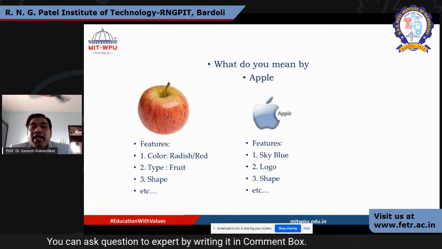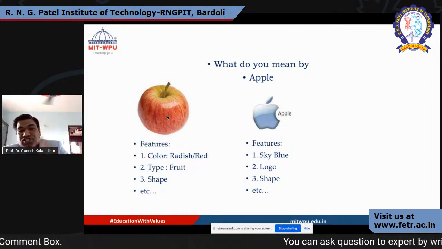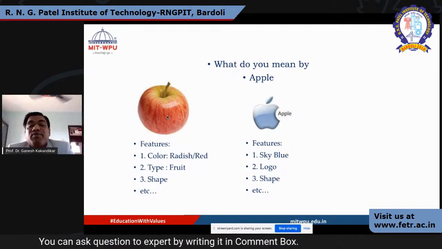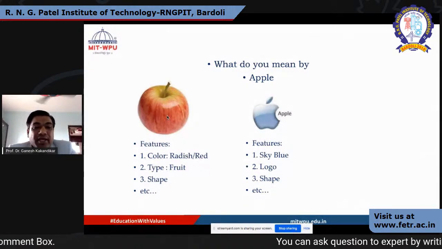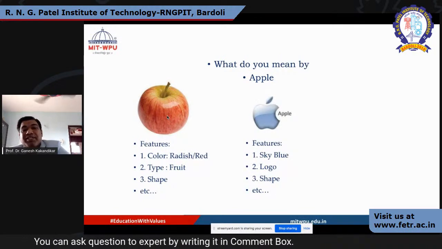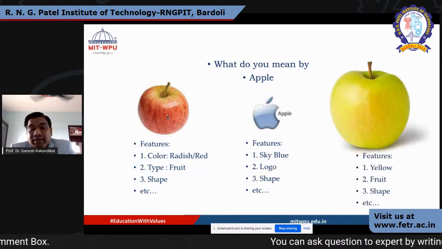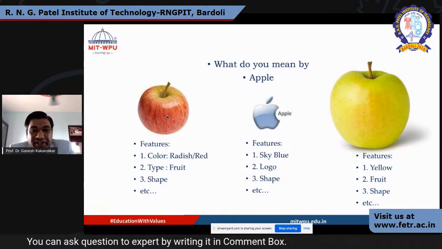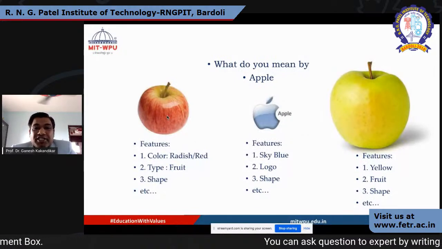Now let us move on. And when you talk about this feature, this is also an apple. So here the features have changed. Color, sky blue. Type, it was a fruit, it is a logo now. Shape, it has a different shape. It has a different cost. This is available for a certain amount of time in a year, and this is available throughout the year, because it's just a picture logo. And there could be another apple, which is yellow, which is found in some other countries. It is again a fruit, but its shape is different, its taste is different, color is different, size is different,